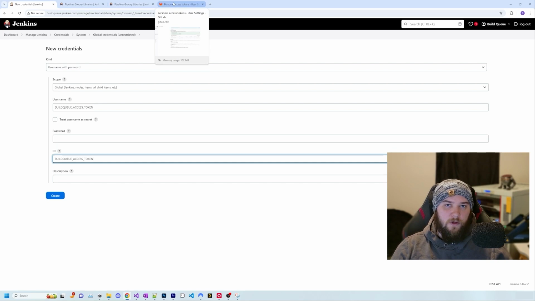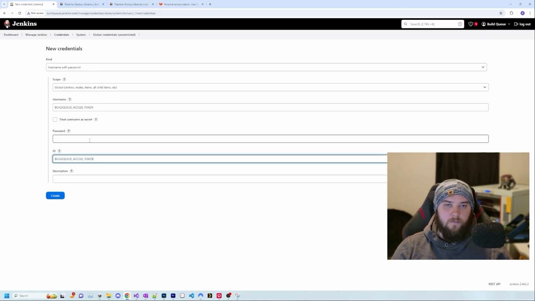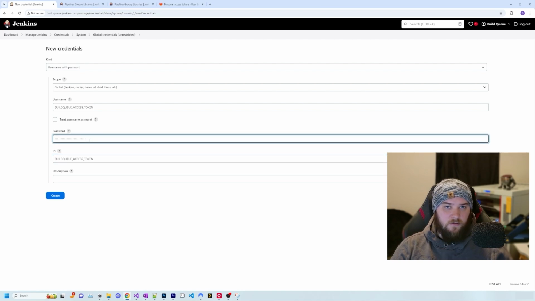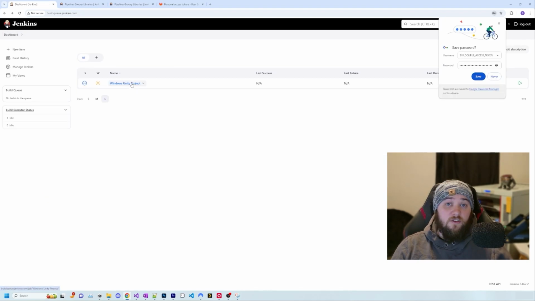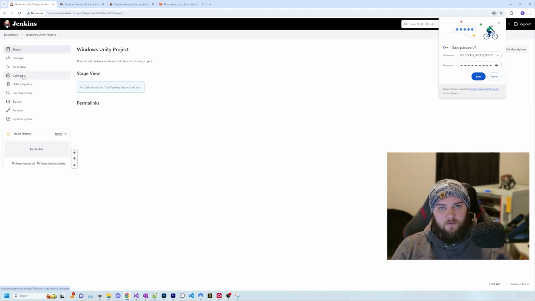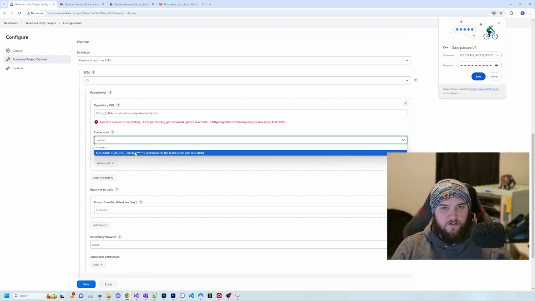If it's still open, navigate back over to GitLab, copy your personal access token, navigate back to Jenkins, paste this inside of password, add a description. My description just says credentials for the buildqueue user on GitLab. Select create, select dashboard, select Windows Unity project, select configure again, back at the pipeline script from SCM section, go to credentials, select the credentials that you just added,